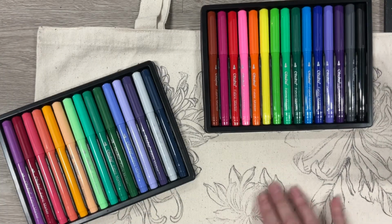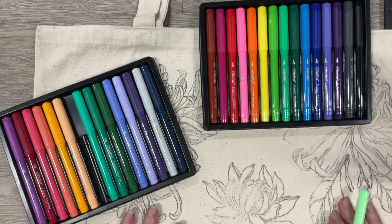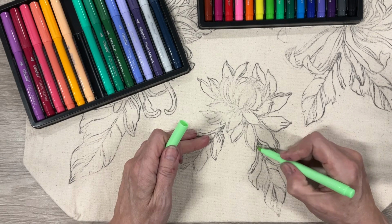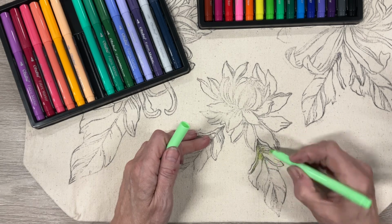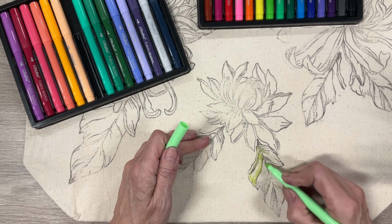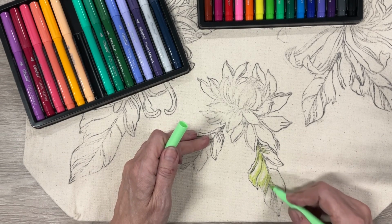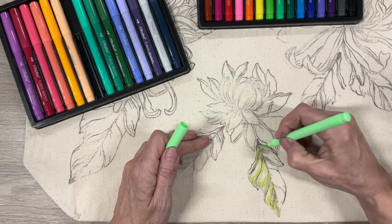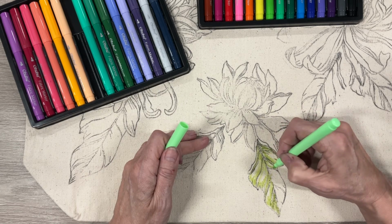What I'm looking at doing is taking some of my colors, and what I like to do is go from, let's start with a leaf, start kind of light and do some of my highlights, and then go dark. So I'm not looking, you could color the whole thing in, you could just do bits of it. I just am gonna do kind of part of this,